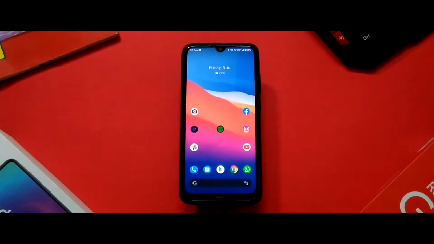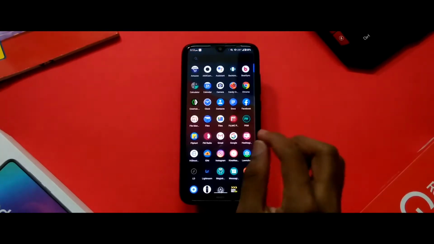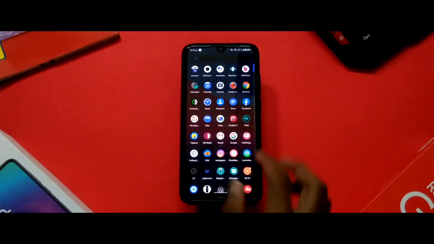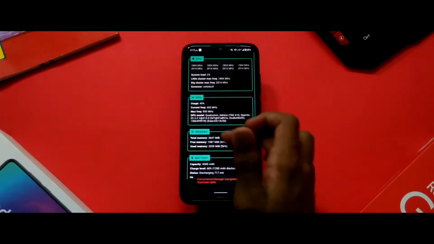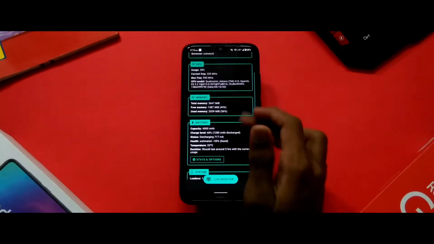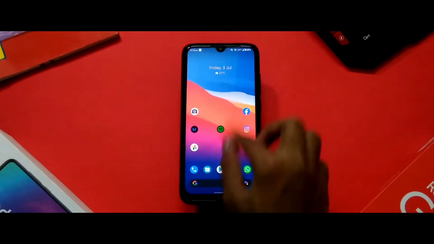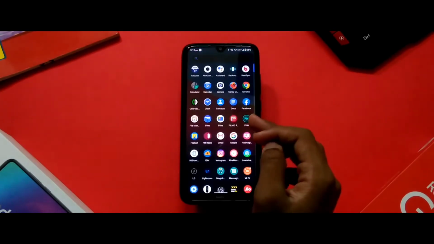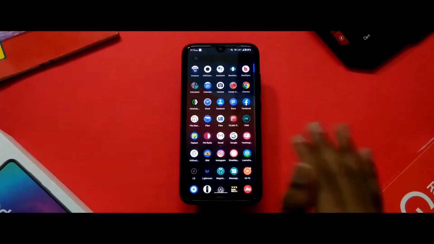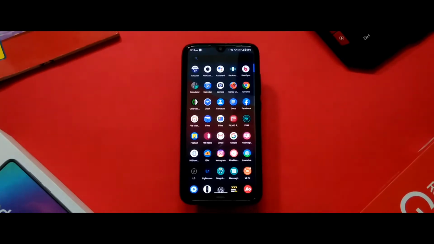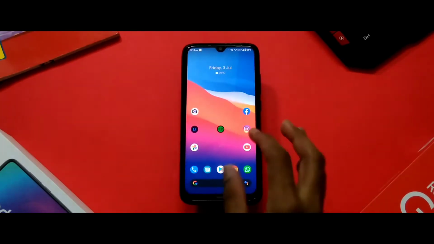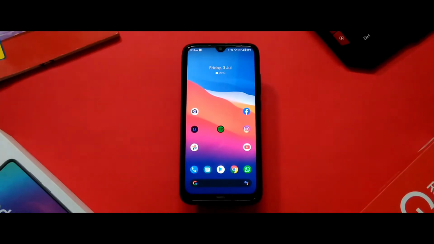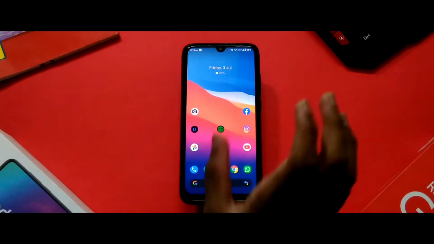The link for the custom kernel file will be in the description box below, so go and download it. You also need a kernel manager to optimize the kernel. Currently I'm using Franco Kernel Manager, which is available on the Play Store. It costs 100 rupees, so I have a mod APK in the description, so you can download it without any purchase. You also need a custom recovery to use the custom kernel.